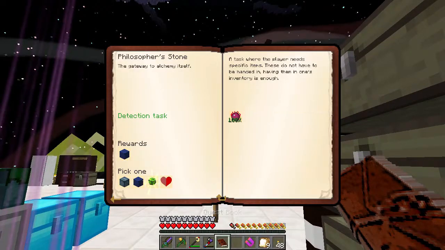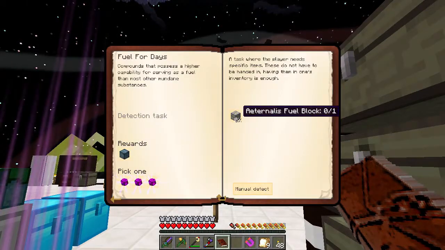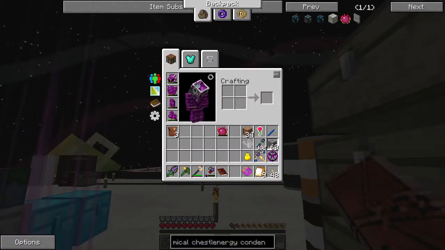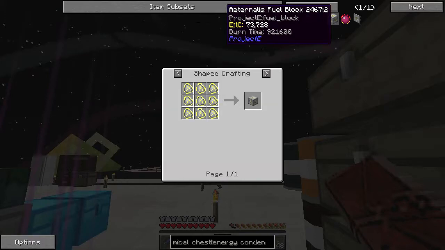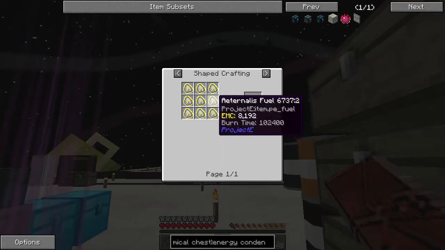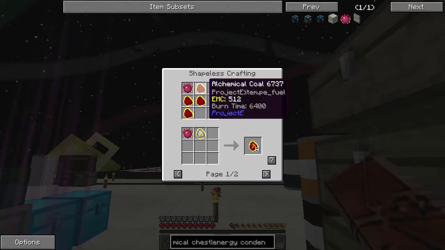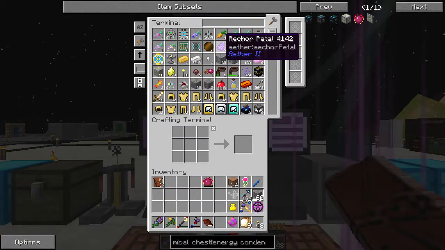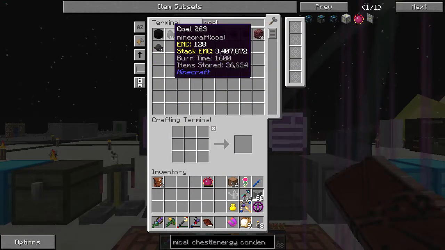So, with the Philosopher's Stone collected, we need to make H&L's fuel block. So, that's the next thing on my list. That requires H&L's fuel, which requires Mobius fuel, which requires alchemical coal. And alchemical coal is coal. So, we just need a lot of coal. Let's get, like, 4 stacks,